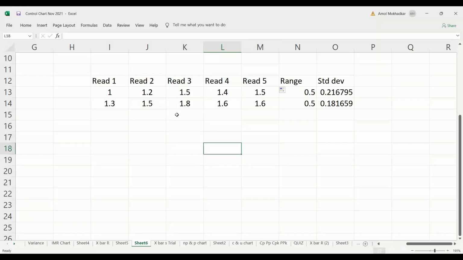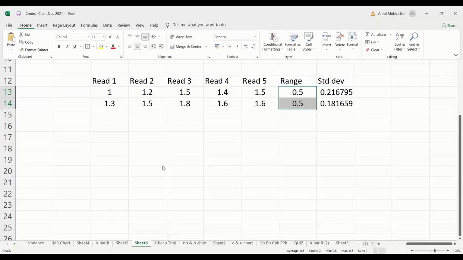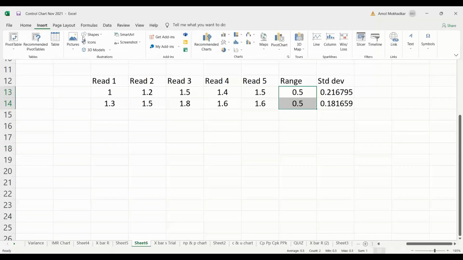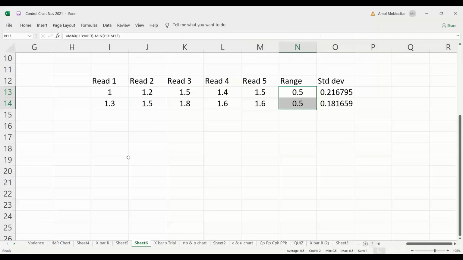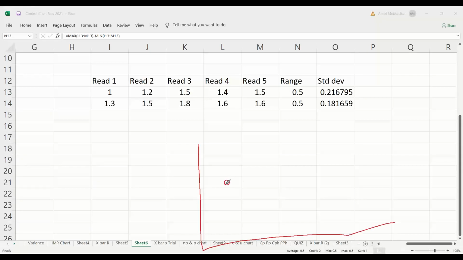So you have the 5 readings, whereas range is same. It means when you plot the range chart, you are not going to get any variation. You will be very happy that yes, range is same, range is same. There is no variation within this one. So one range will be 0.5 and another 0.5. Yes, range is very good. You are moving in the same range. There is no high low. 0.5, 0.5 is running. But if you use the standard deviation chart, one you will get at 0.21, another you